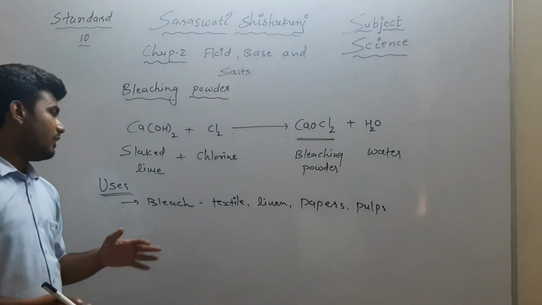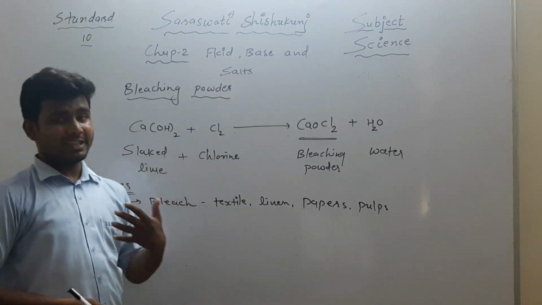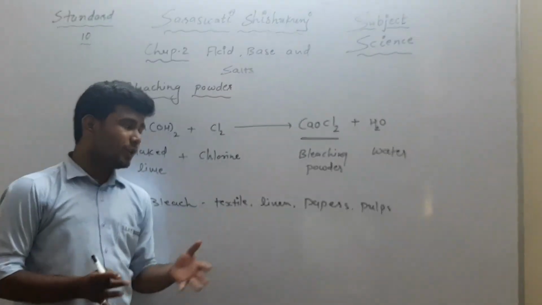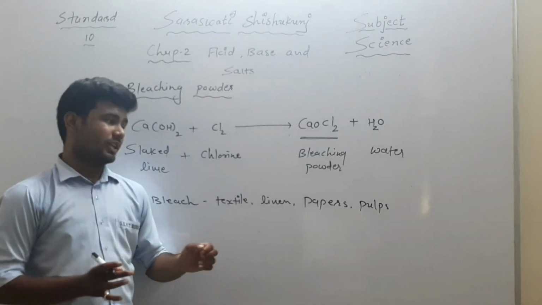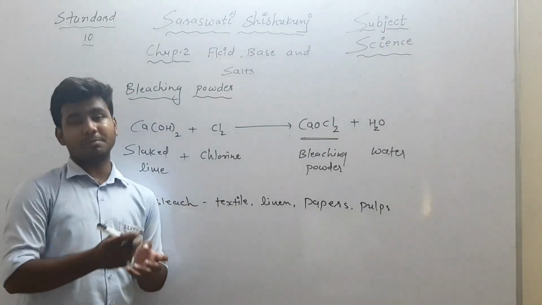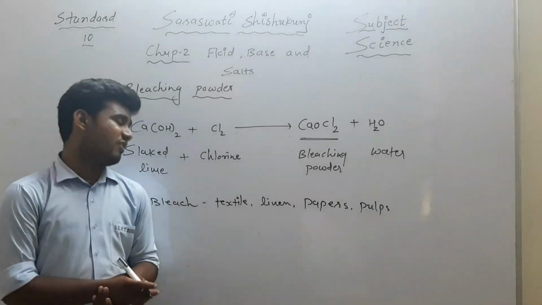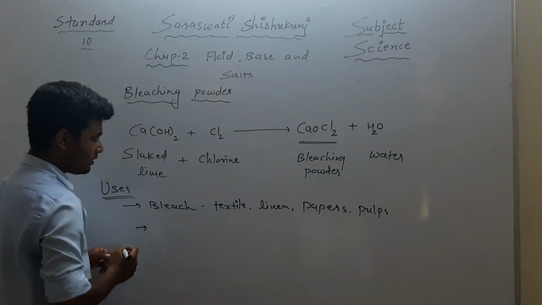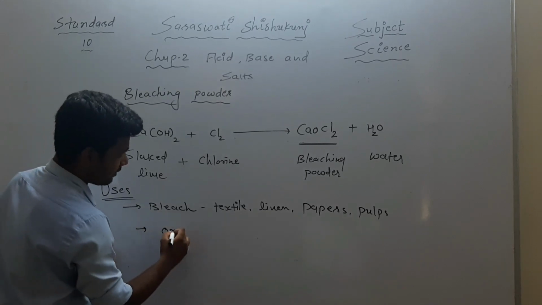So this bleaching powder is used as a bleach in textile industries, in linen, and also it is used as a bleaching agent to bleach paper and to remove the dullness from the pulp of paper. This bleaching powder is also used as a